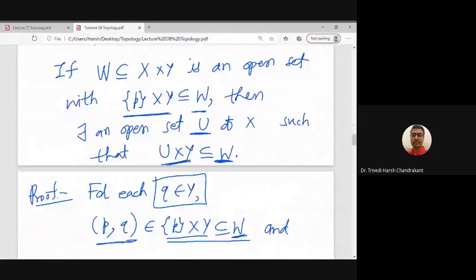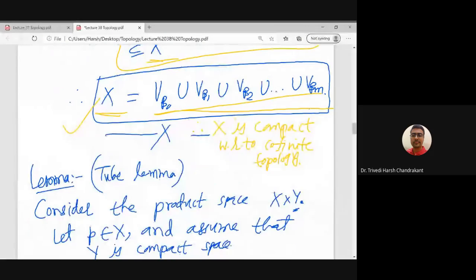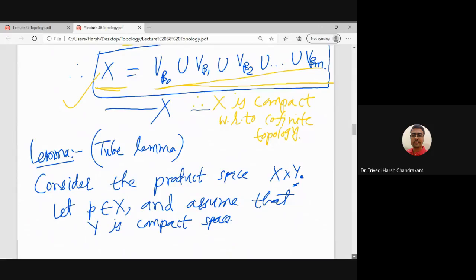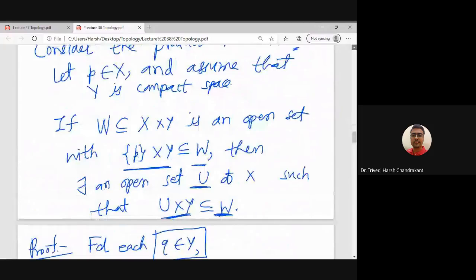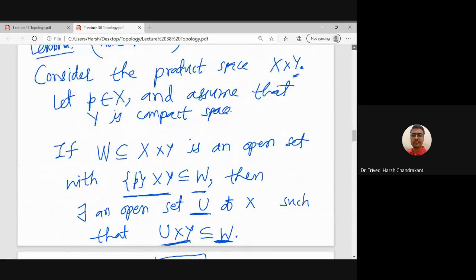So now let us move to the tube lemma. The tube lemma is a fundamental result. Consider the product space X cross Y. We know that X cross Y has the product topology, on which we have basic open sets of the form U cross V, where U is open in X and V is open in Y. With respect to this particular product topology,